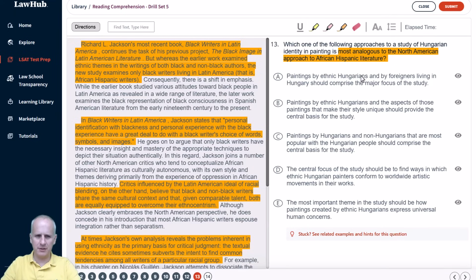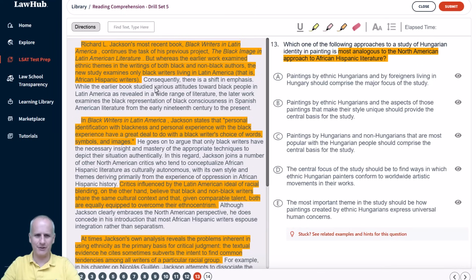If you're going to be engaging with the find text tool, there are a couple of things you need to recognize. First, it's not the best tool and it can have some weird functionality depending on your browser, and it can kind of freeze things. So for a litany of reasons, I don't necessarily love using this thing, and I'm probably just going to skim for the phrase African Hispanic and North American.